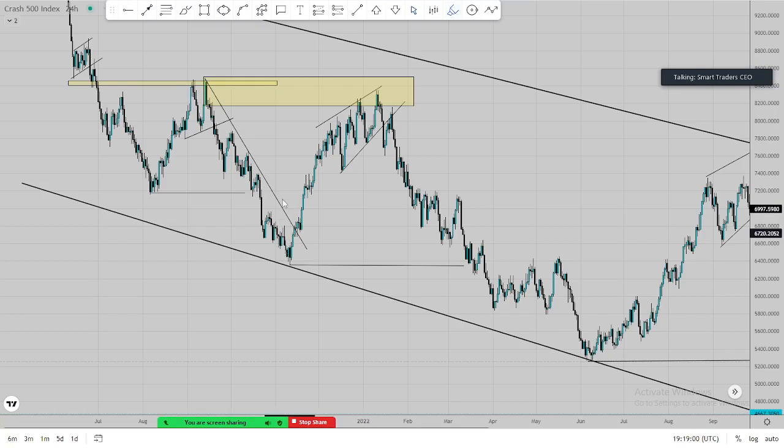Why does it have to push up? Remember, when we are going down, it has to push, retrace, push, retrace, push, retrace. So it has to give us a retracement after every full move. This was a full move from taking the lows out and creating a new low. After creating the new major low there, we expect the market to go back up and give us a retracement. How far the retracement goes depends on the market. We don't determine how far a retracement is going to go.